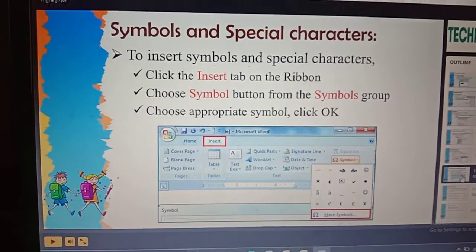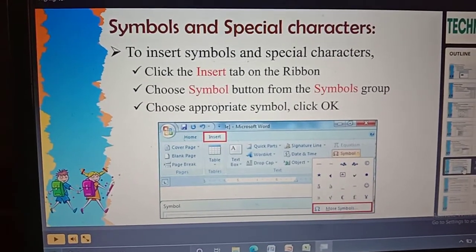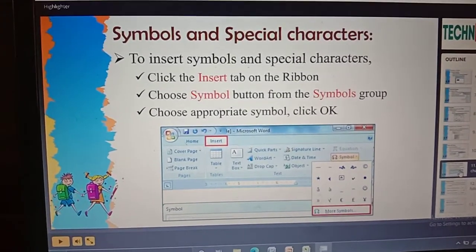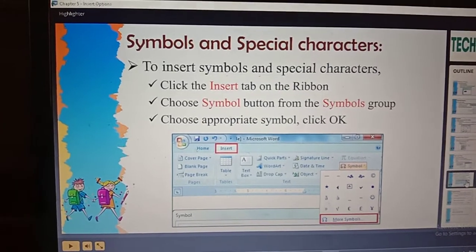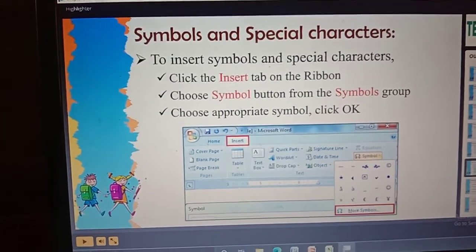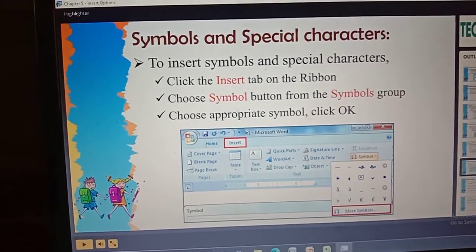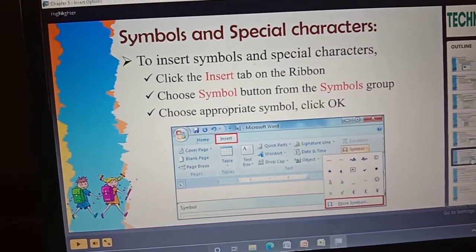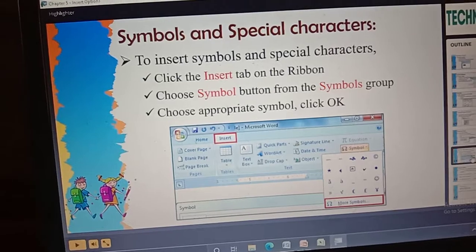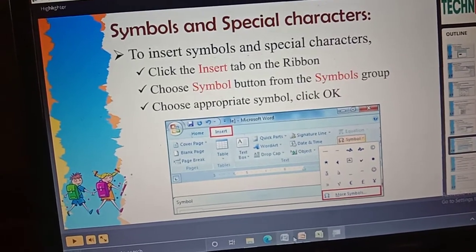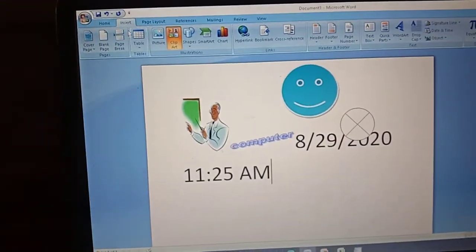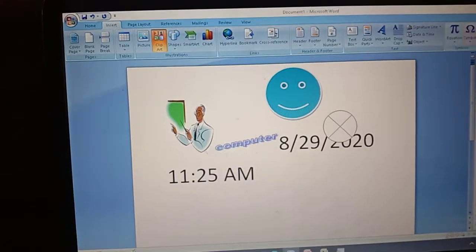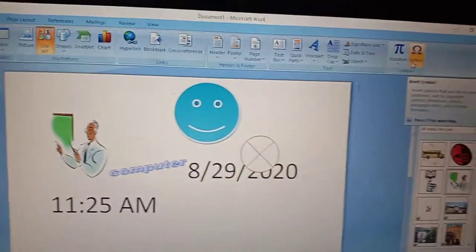Next we are going to learn about symbols and special characters. To insert symbols and special characters, click the Insert tab on the ribbon. Choose the symbol button from the symbols group. Choose the appropriate symbol and click OK. So in order to insert a symbol, you just go to the Insert tab. There we'll have the symbols group.